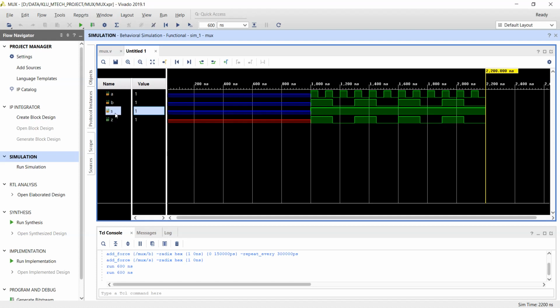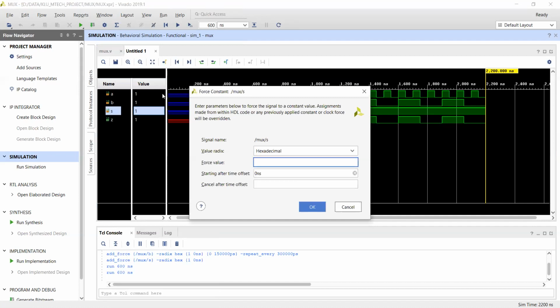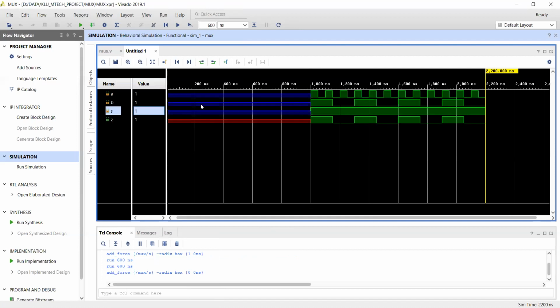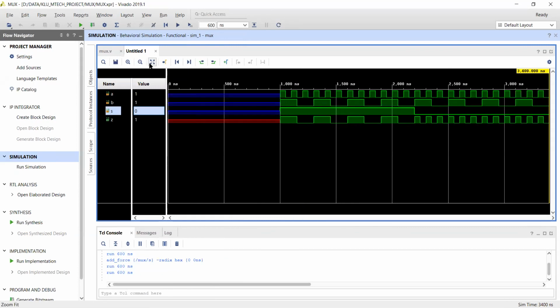Instead, if the selection line turns to a forced constant 0, then what will happen? I want to see the output of the A value. Is A coming or not? We can understand right now. A is coming. You can see the change, the response, when my selection line turns to 0. Obviously, the output also has the variation.